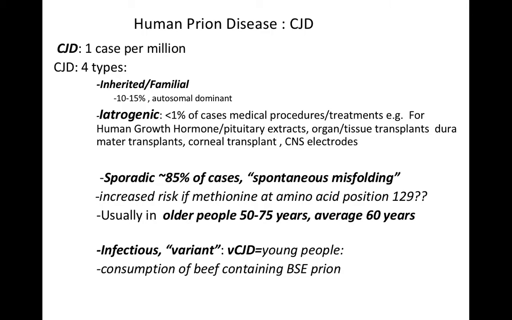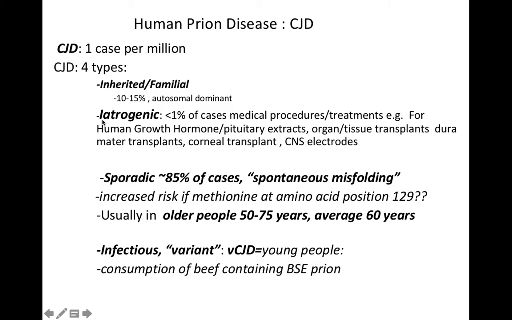So there is one form, this is a really tough one, you guys, inherited or familial, and this is an autosomal dominant gene. That means if you inherit one of the genes that will encode for a prion protein that will definitely misfold, all you need is one copy of that, right? So of the 1 case per million, 10 to 15% are considered to be this inherited or